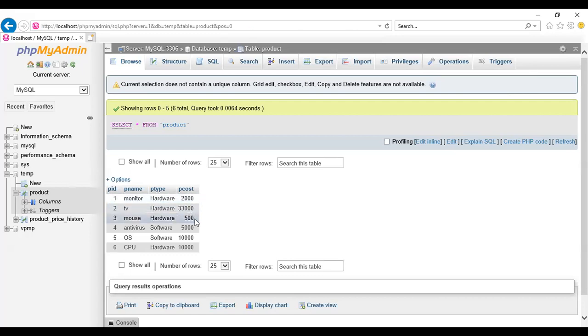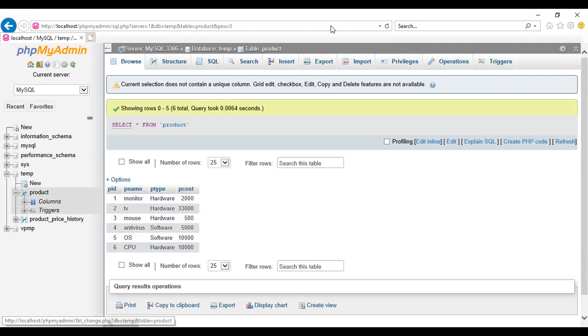So if the price of mouse is 500, then it will be 525. So 25 is 5% of 500, and it is increased by 5%. Same way, the cost of OS and the CPU will be 10,250.